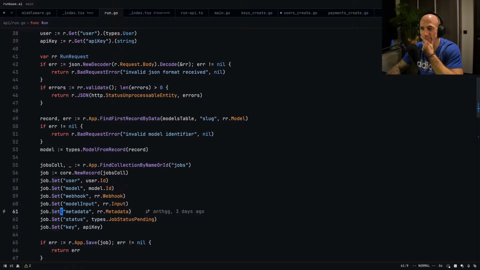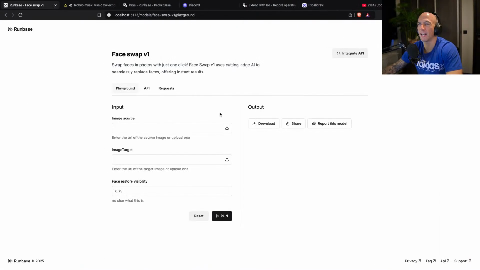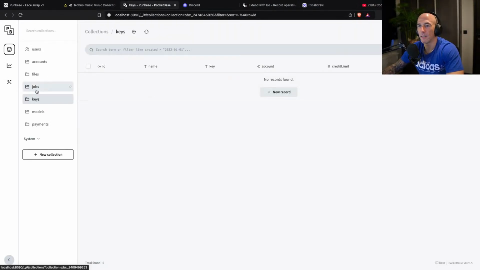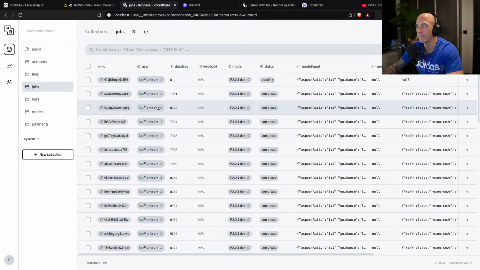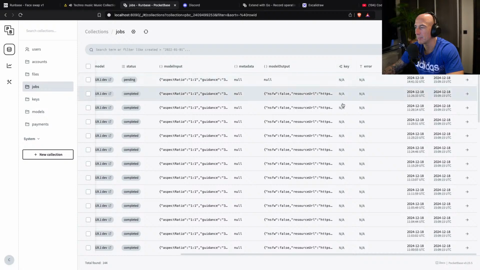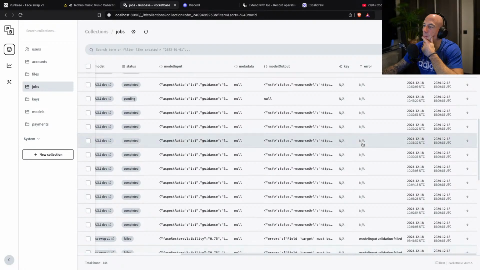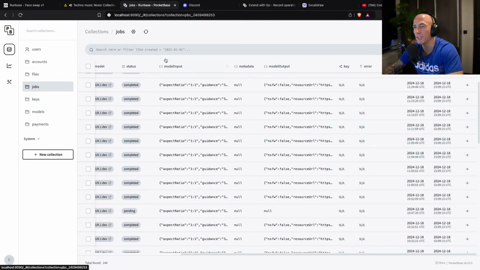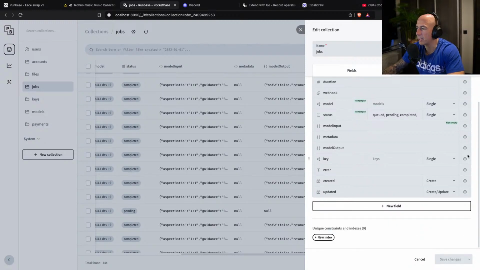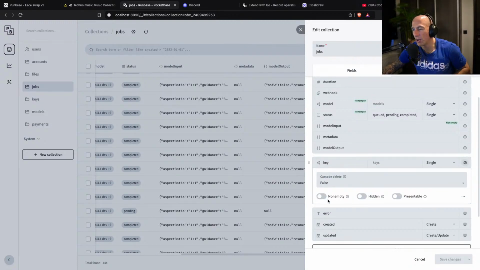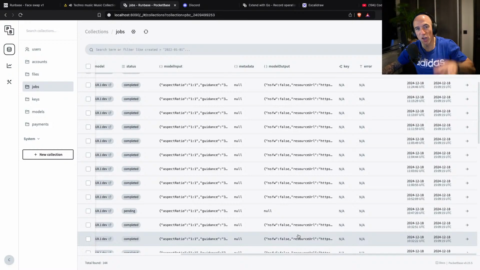You have a problem because we use each key. Look at that. This is the problem I have. Jobs. So we have all these jobs here. And each job has a key. It could be. That's a good idea, actually, to be honest. Let me see. That's a good idea. Yes, non-empty, that's good, because if we come from the playground,